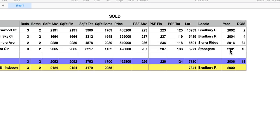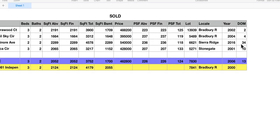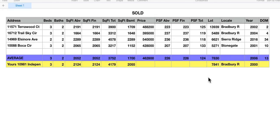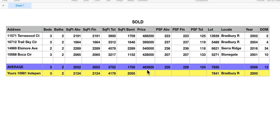Here's the date of the build, and then here's the days on the market. With these short days on the market, I would imagine people got close to or maybe even more than what they're asking for. So again, I'm just trying to break these down. On average, they're getting $463, let's say. I'm not going to be able to establish a hard and fast number for you unless I come over and see your house, and then I can really compare it. But I'm going to give you a little more information on those houses,